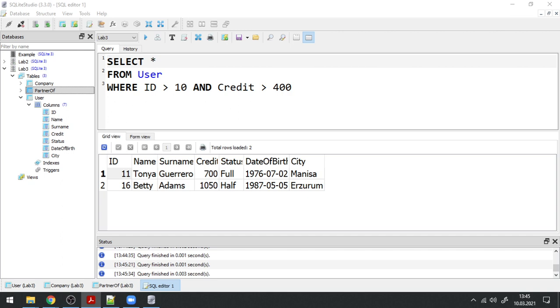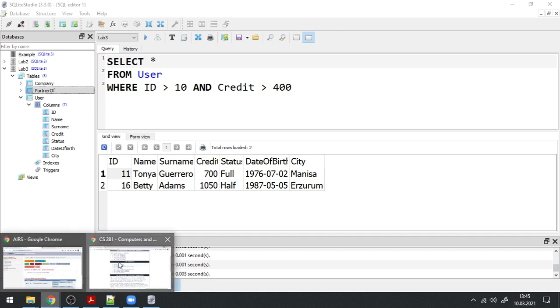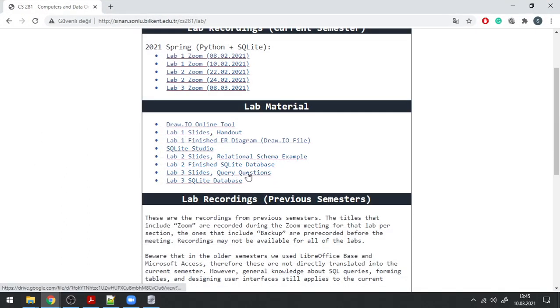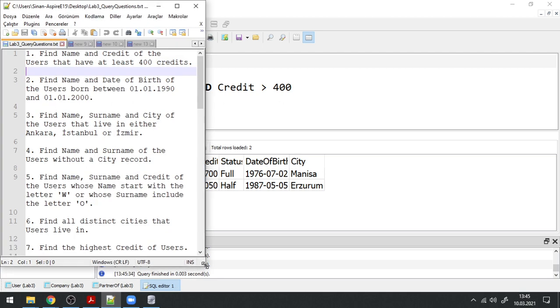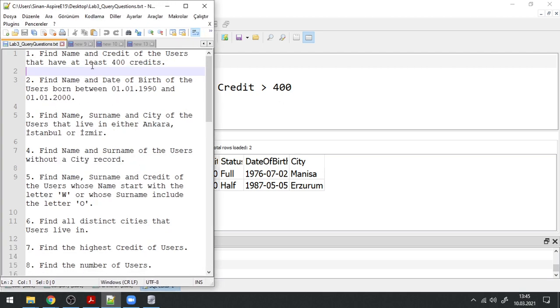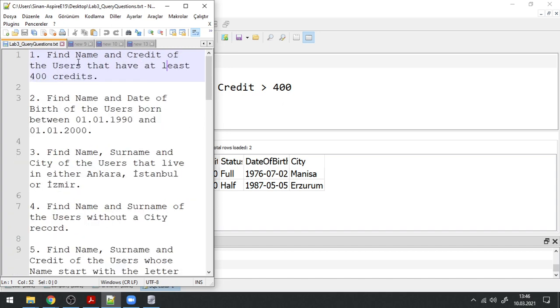And let's now go through the example query questions. We have them as a text file. We also have these questions in the slides with their answers. Now we would like to go through these questions and try to write SQL queries that answer each question. The first one says: find the name and credit of the users that have at least 400